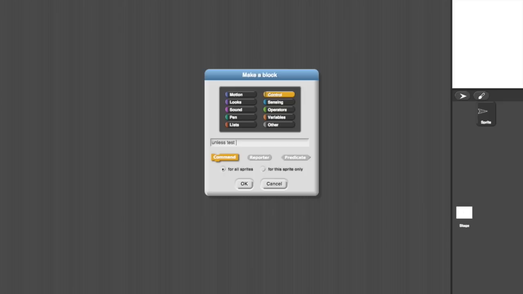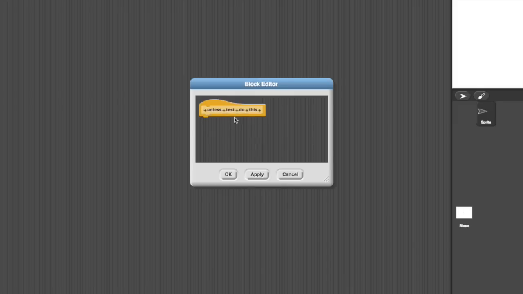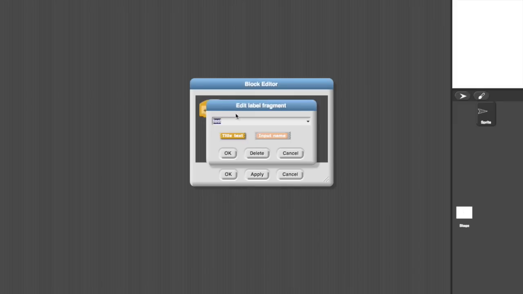is "unless a test, do this". So I've just described what I want this to be. It's going to be a control command, so it's going to be in the control section. I can do exactly what I want with it. I'm now going to tailor this. So this test thing